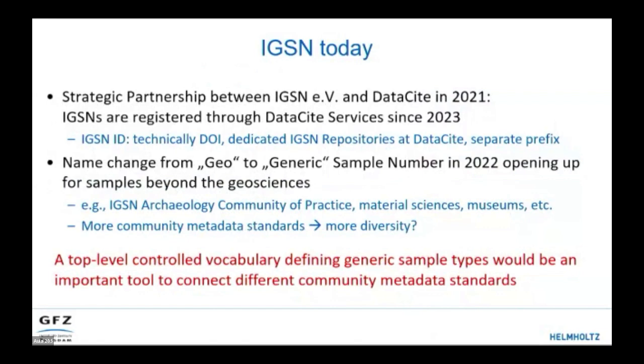Many thanks, Kirsten. The next presentation in a row would be from Stephen Richards. He is online and he drives his slides himself. So if you stop sharing, then Stephen can do.